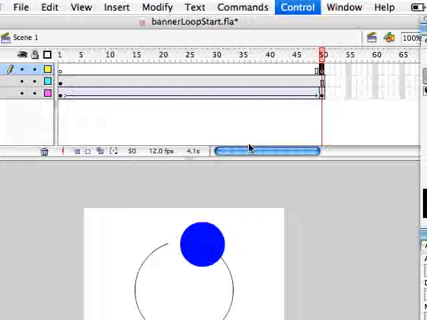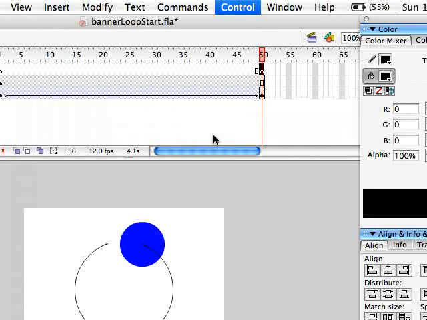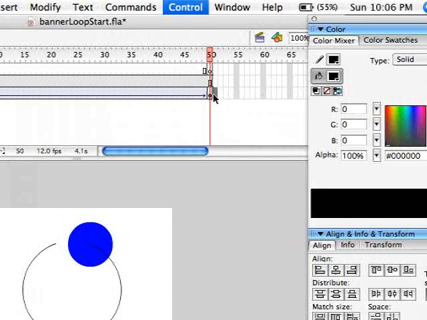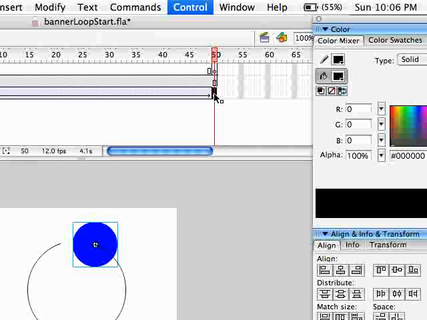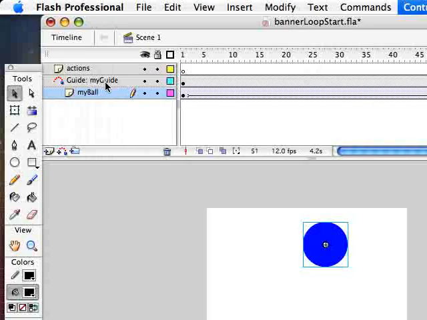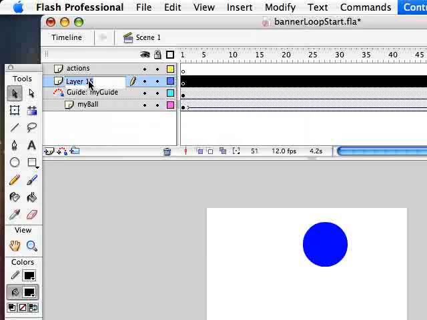So first what I'm going to create is the end frame that my movie will stop on after it loops 3 times. I normally prefer to make this right after the last frame. So what I'll do is copy over this keyframe of the ball. I will add a new layer, name it text,